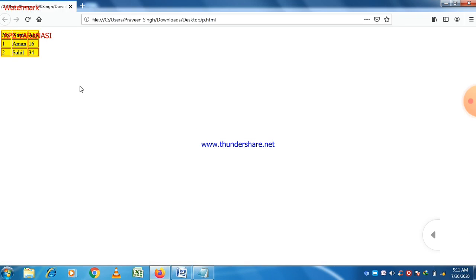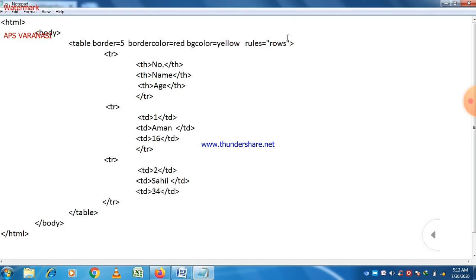If we apply rules as rows, let us see what happens. You can see that only rows are visible, only the marking of rows, the separation lines of rows are visible here. So with rules you can use rows, or you can use cols for columns. Just write cols for columns visibility.